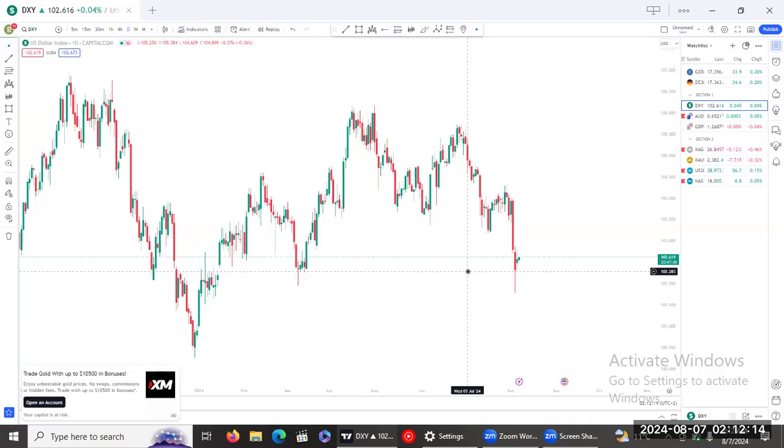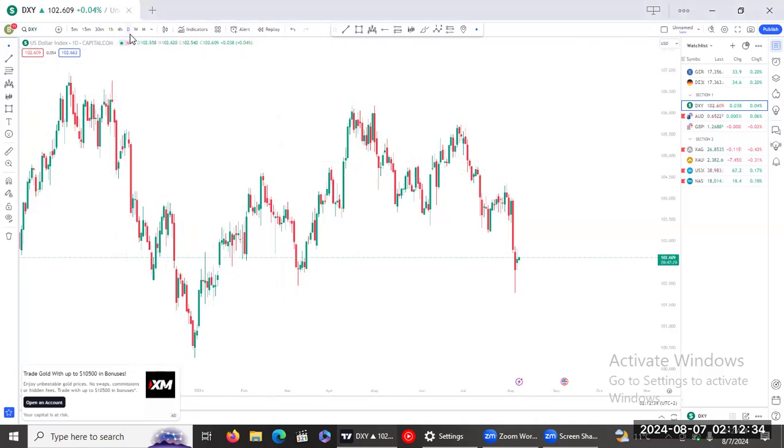So on today's video guys, we're gonna be analyzing three pairs which is gonna be DXY, gold and silver. So we are on DXY guys, as you could see. So on DXY, I'm on the